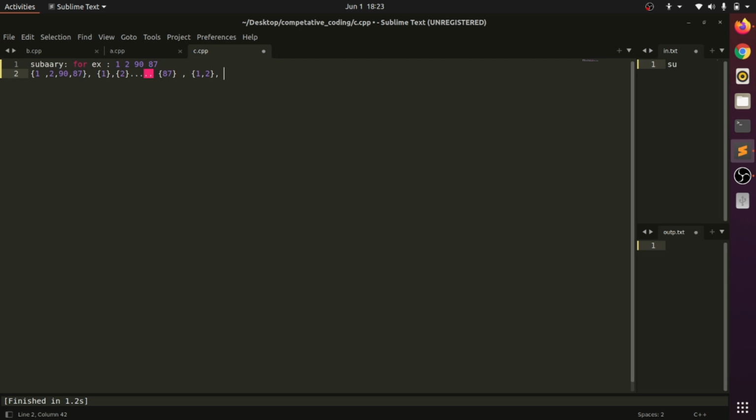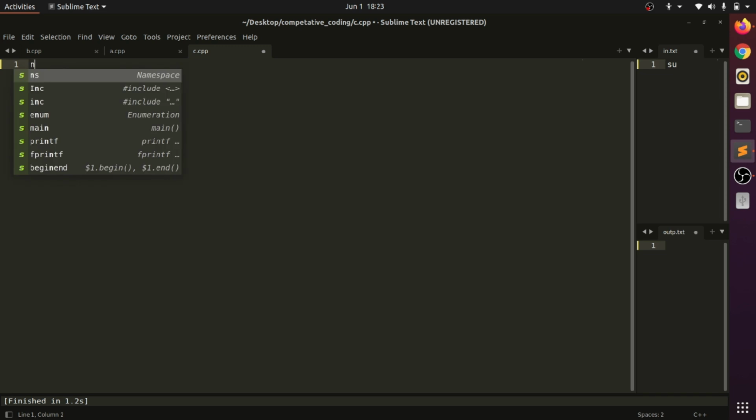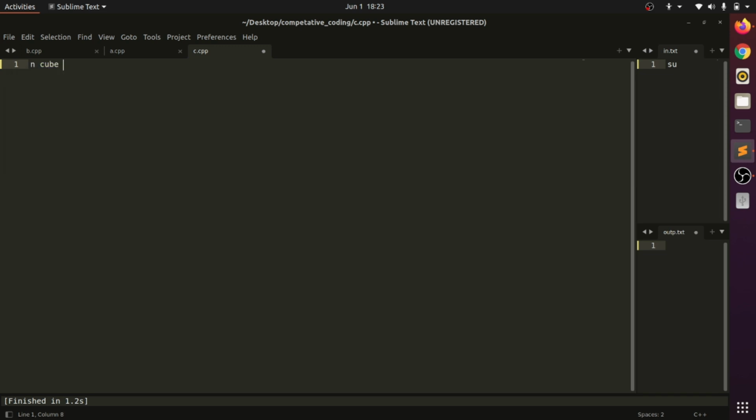So let's start and see how we can do this. I am approaching with n cube complexity first, because a beginner can understand it.